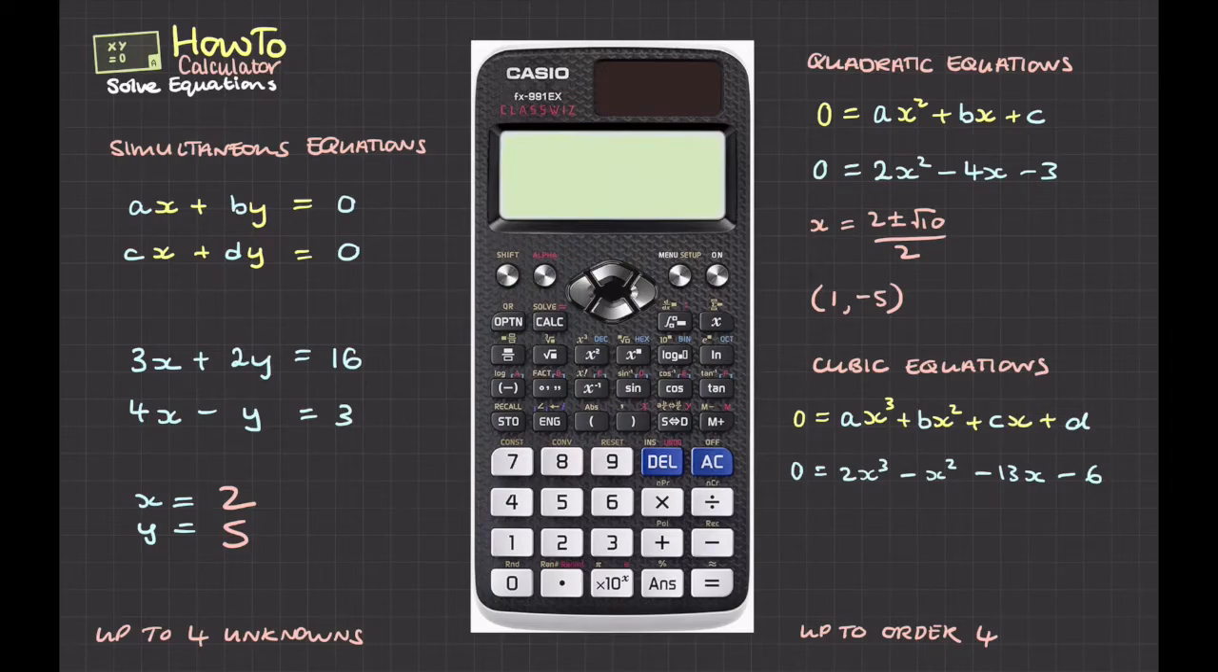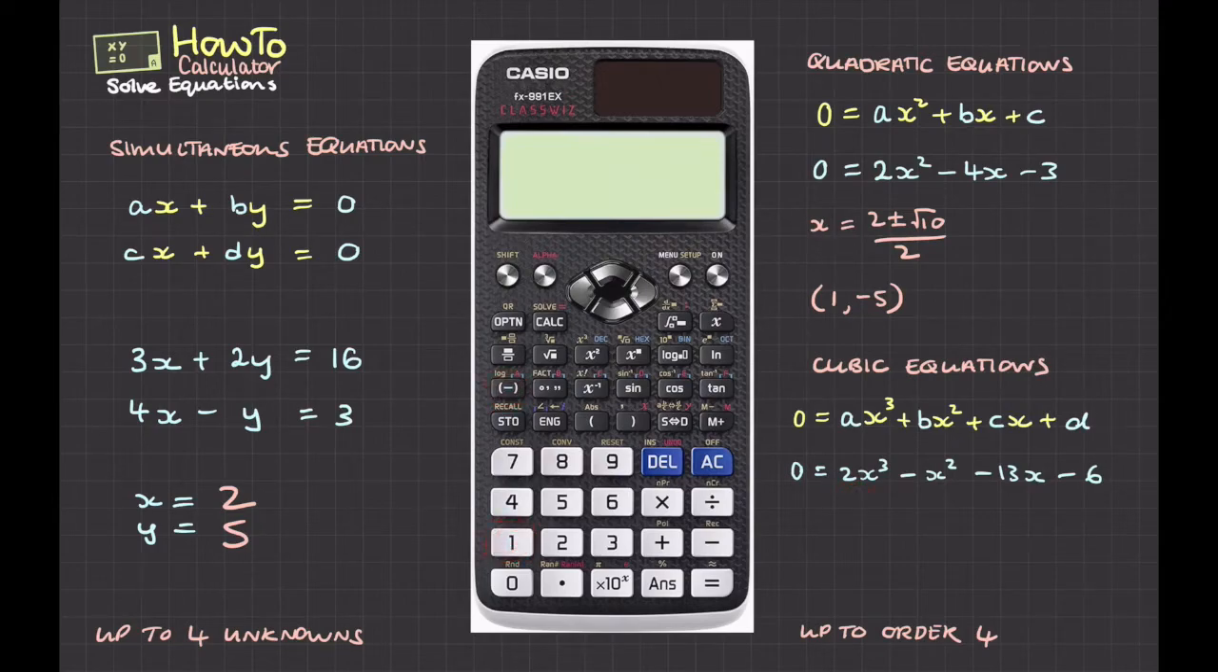Let's do a cubic. So I'm going to press AC, start a new one, and I'm going to have to go back to the start again. So turn it on, Menu, equation, polynomial. This time we want 3. We've got an order of 3, so press 3. And now we can type in something that looks like this. We can change our a, b, c, d. Okay, so here I've got 2, equals, and then